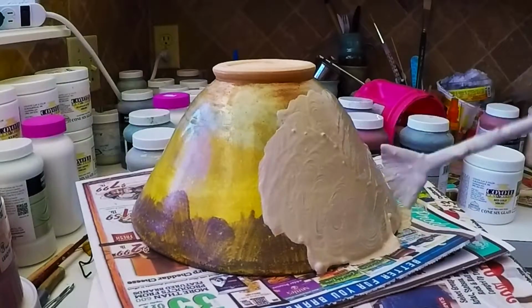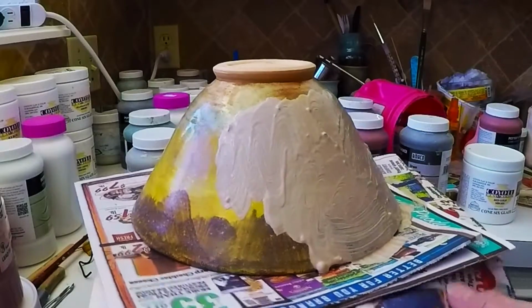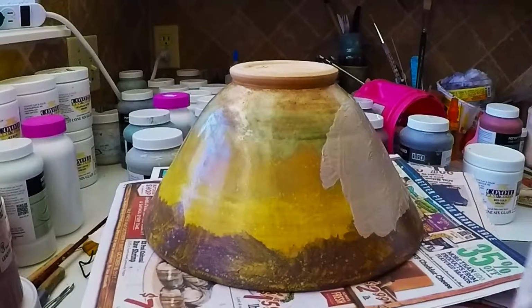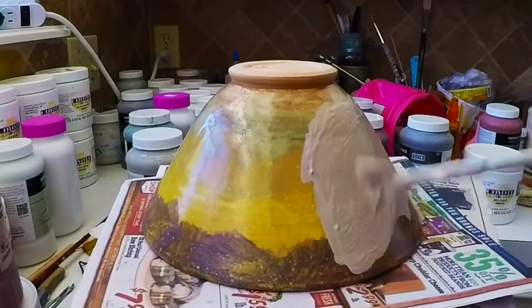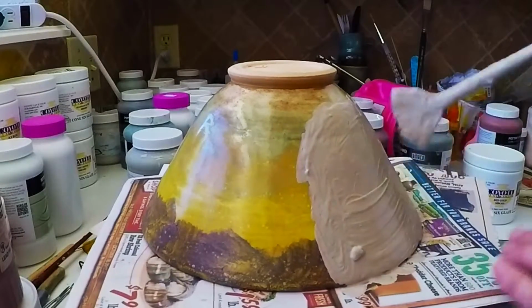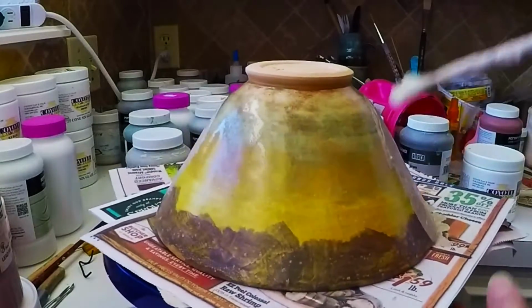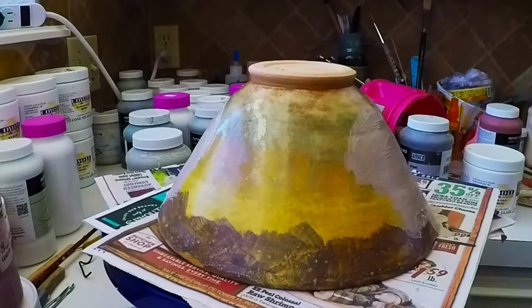I'm going to consider that separation from the base to the float, or float to the base, because this has already been fired once, and even though it didn't do what I wanted it to do, didn't move, it was under fired, I don't know what's going to happen. So just err on the side of caution. I'm going to stay kind of away from the very bottom of or the top of that foot,